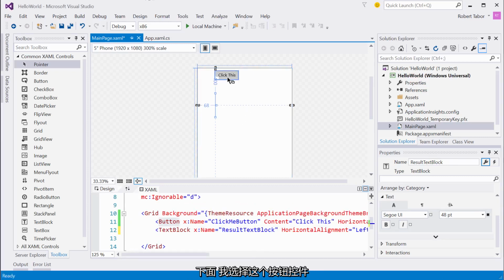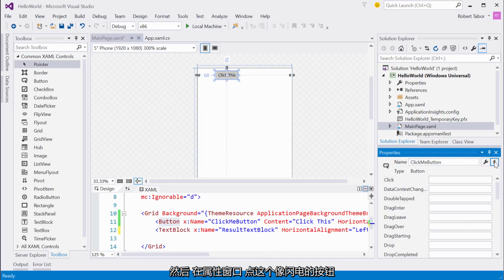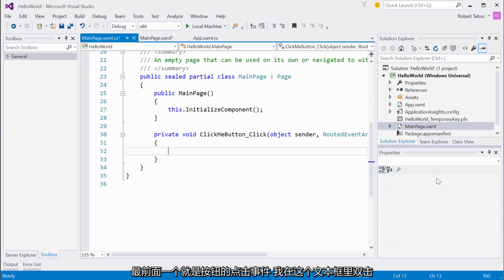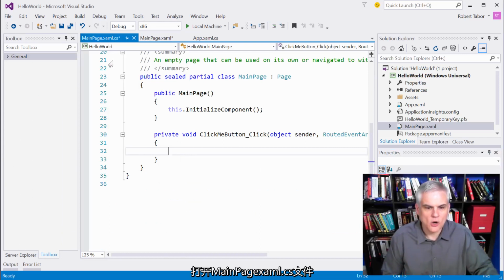All right, the next thing that I want to do is actually select the button control, and then over here in the properties window, I'm going to select this little bolt of lightning button over here, and that will show us all of the events that can be handled for the button. And the very first one is the click event. So I'm just going to double click inside of that text box in the property editor, and we'll open up